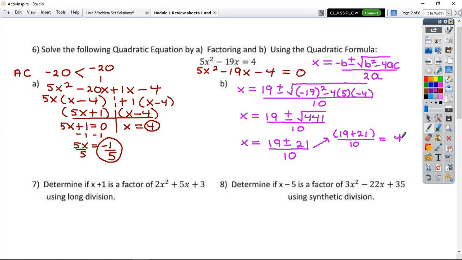And does that match our first answer? Yep, sure does. And then the second one is going to be 19 minus 21, which is negative 2 divided by 10. When you reduce that, also gives you the second answer, which is negative 1. Okay, so just my way of getting you to practice both methods. How do we feel with number 6? Wonderful. So number 7,